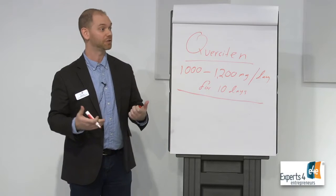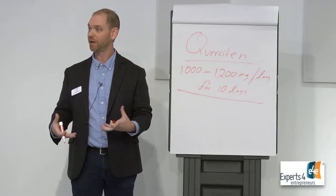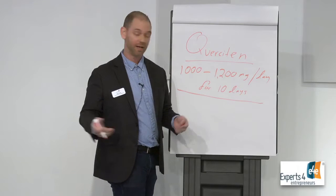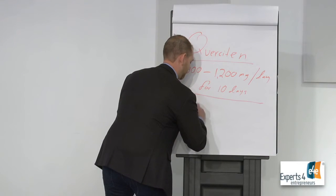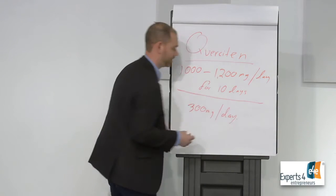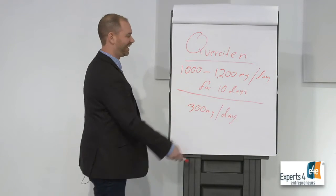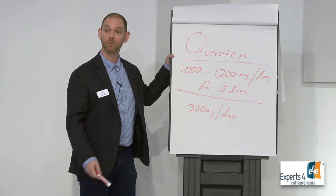Once your system is used to the presence of that quercetin, the mast cells are more used to that stability imparted by that quercetin, then you drop your dose. And you're safe to drop it down. It varies depending on body size, weight, and other factors, but you're safe then to drop down to around 300 milligrams per day for maintenance. And since we have an allergy season that starts in February and runs till December in St. Louis, I recommend loading up early. So think of this, before Easter, you want to be well loaded